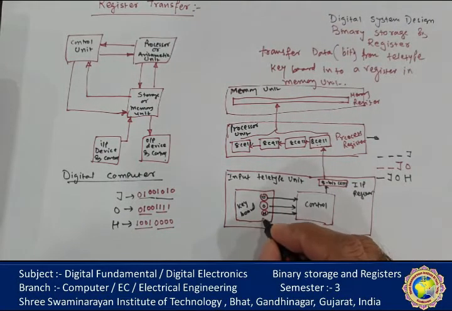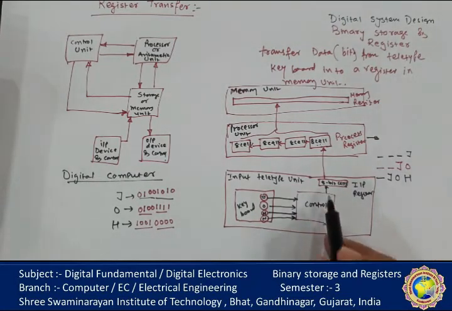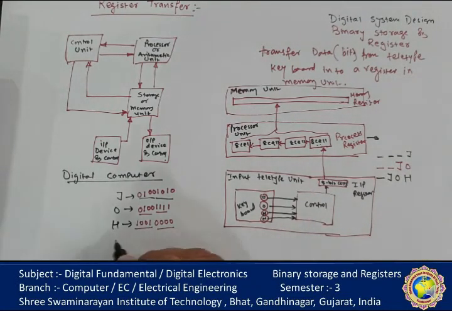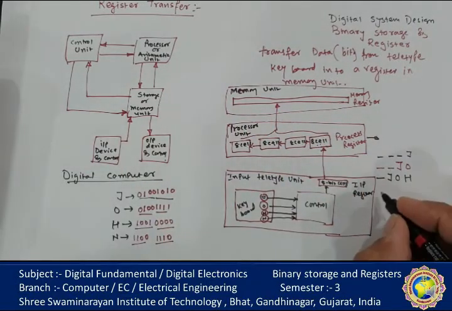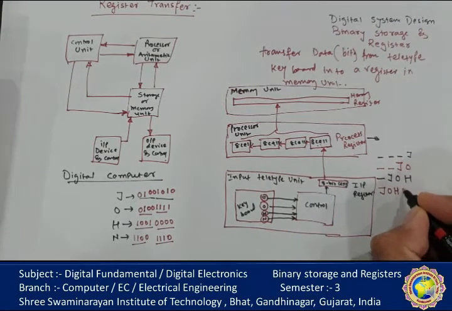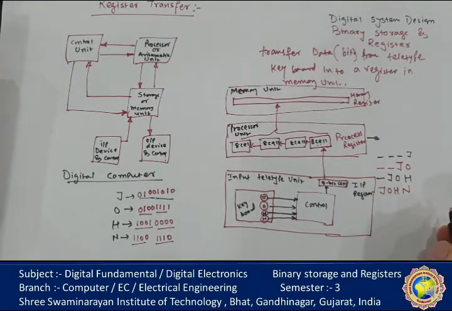Now the next key pressed is N, so the last is N. The control unit takes the fourth key stroke, and at that time it first finds the equivalent value of N, which will become 1100 1110. The control unit converts it to ASCII code and puts it into the 8-bit register, and it is shifted to the right-hand side, so JOHN will be stored here.